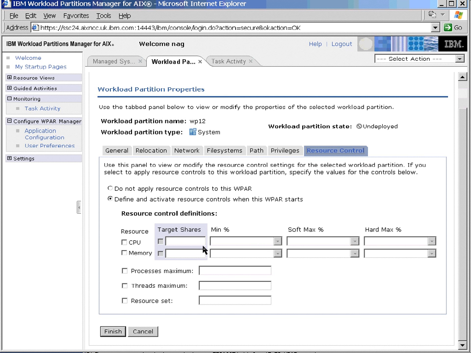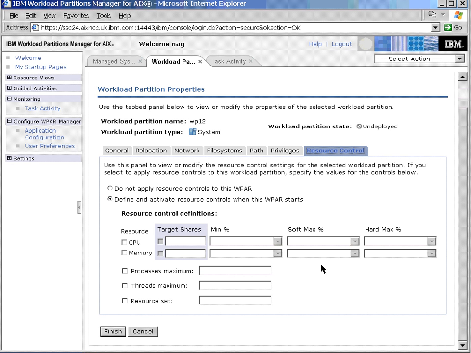As we can see here, we can specify a minimum if those calculations on the shares mean that the percentage is actually particularly low. We can specify a minimum, and then we have soft maximums and hard maximums. We can never go over the hard maximum, but we can go over a soft maximum if there are spare